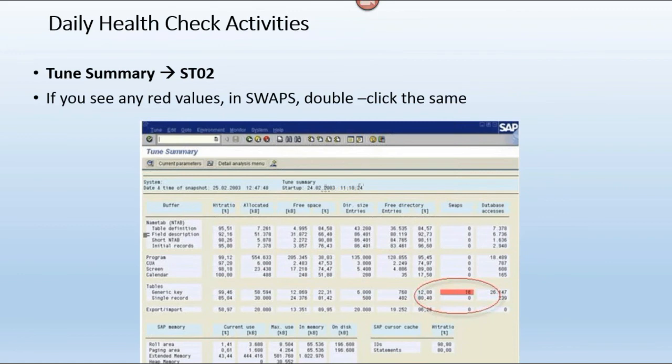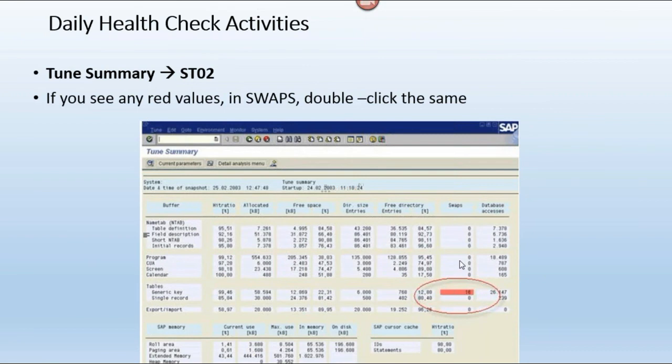Whenever my buffer utilization is high and it starts occupying the swaps, then what will happen? Ultimately, the swap numbers will be generated randomly and very fast. If my buffer tuning is not good and all my buffers are utilized 100%, it will utilize the swap space also.